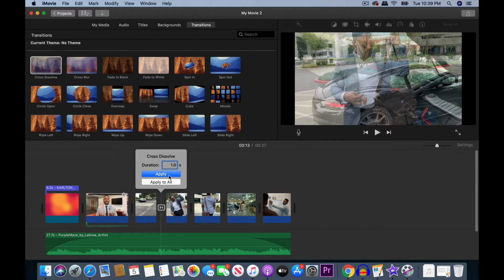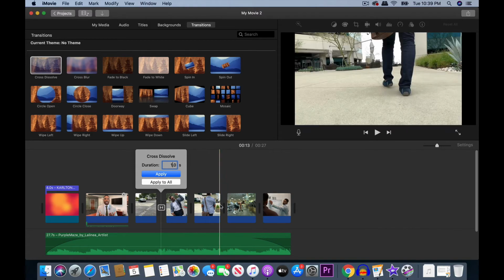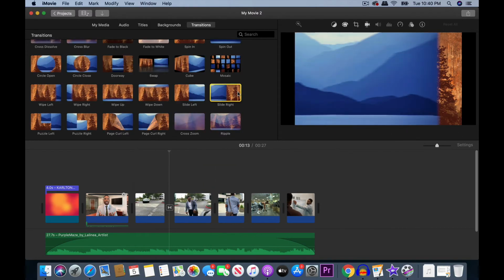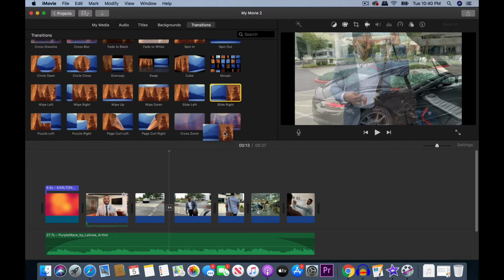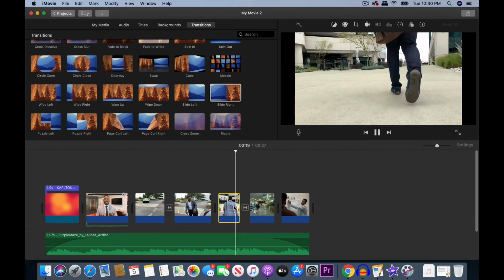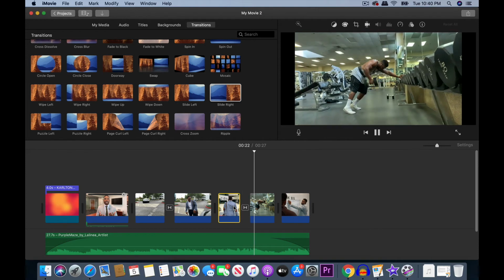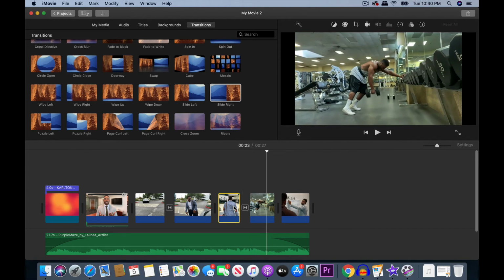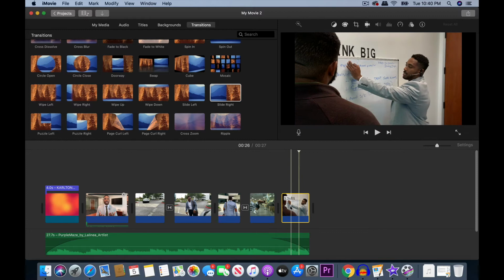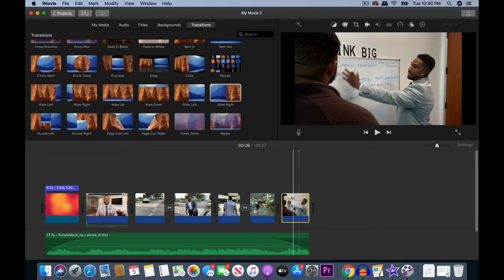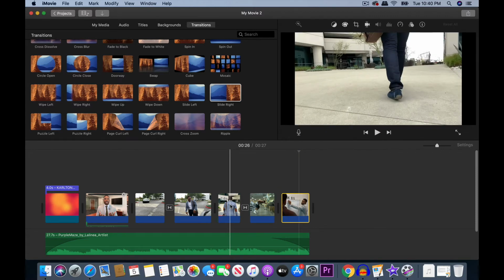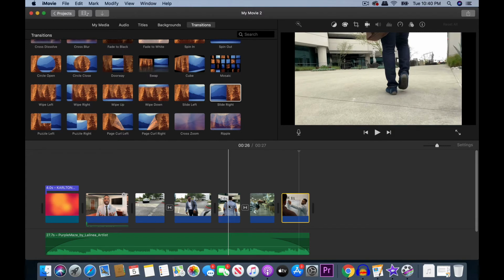I just choose apply, but if I choose apply to all, it's going to apply this to all the transitions that I have in my sequence. We'll choose, see this slide right here. Okay, there we go. Now, I like this, but I think it fits better right next to the office setting